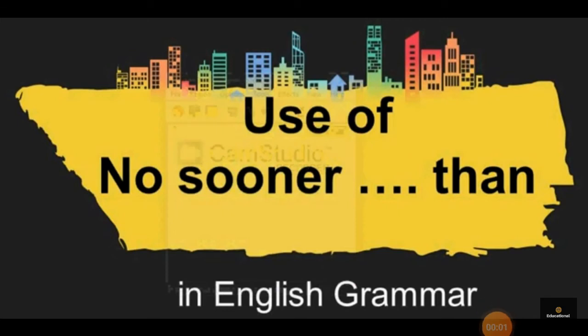Okay, students, we'll begin with the next topic of the transformation, that is the use of no sooner than. Many times in the sentence we need to use these words. So if the sentence is in present or in future tense, two things that we have to give. There are two rules only for no sooner than. The first thing is, if the sentence is in present or in future, then what have we to do?